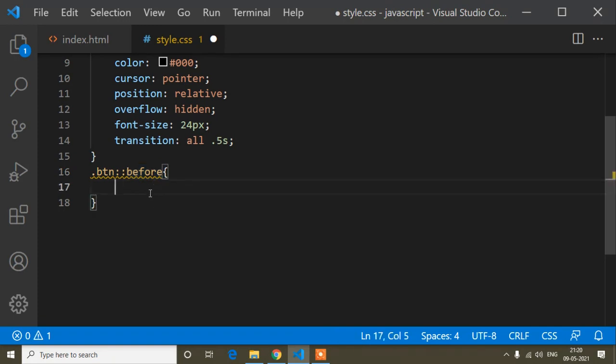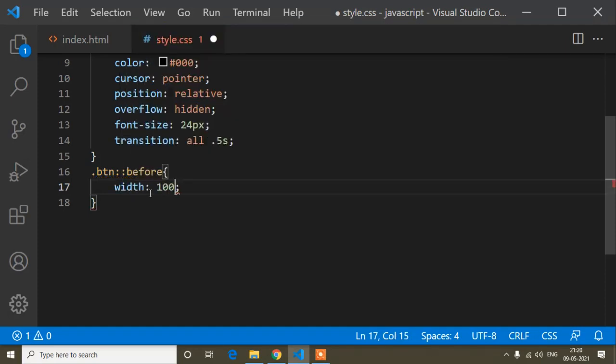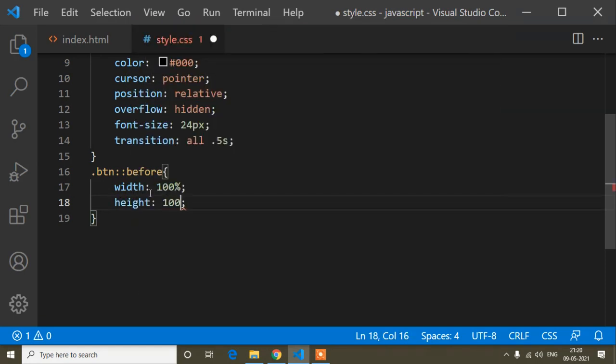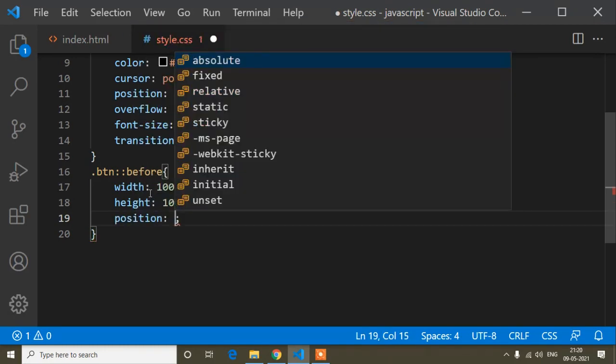So now what CSS will I add? First of all, width is 100% and height is also 100%. I think we know the width and height. And now position, which I am adding for this black color overlay.